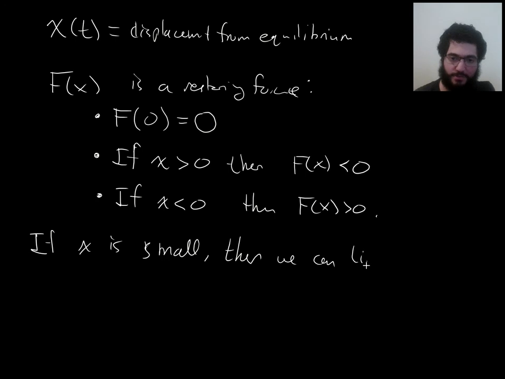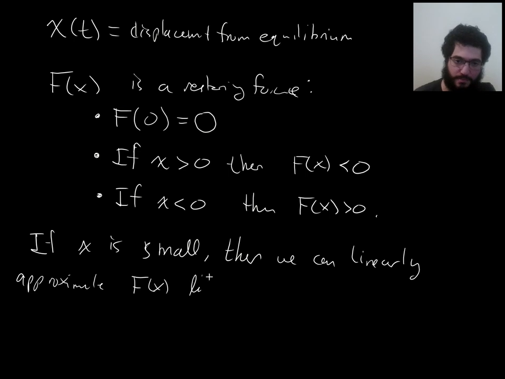We can do a first order Taylor approximation, so we can linearly approximate f. Like this. So if you imagine that you're making small displacements, x is close to 0, so small displacements away